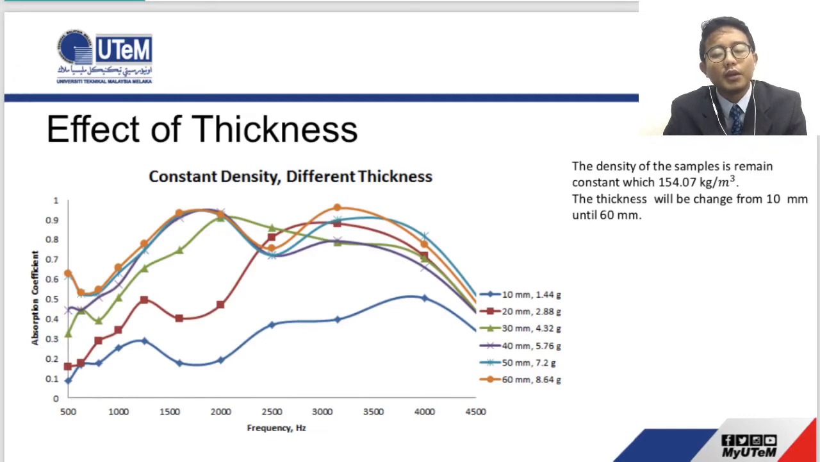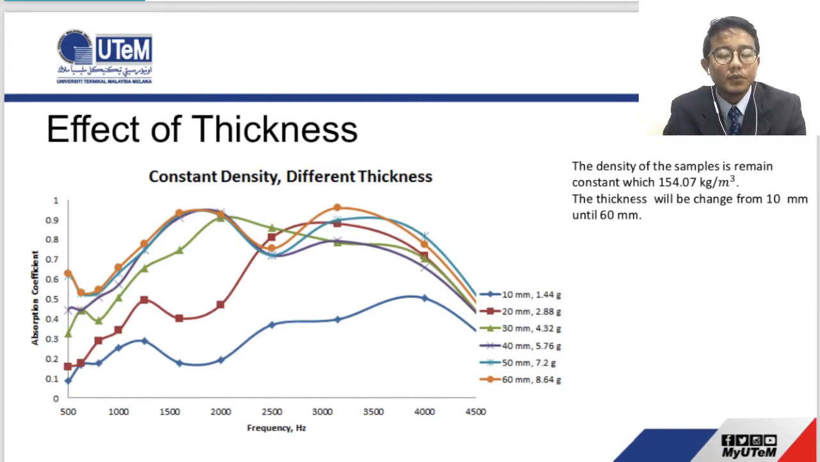For the 30 mm thickness sample, it achieves 0.9 sound absorption coefficient at a frequency of 2000 Hz, while the 40 mm thickness sample achieves 0.5 absorption coefficient at 800 Hz and reaches the peak sound absorption coefficient of 0.93 at 2000 Hz. It shows that when the thickness of the sample increases, the peak of sound absorption coefficient shifts to lower